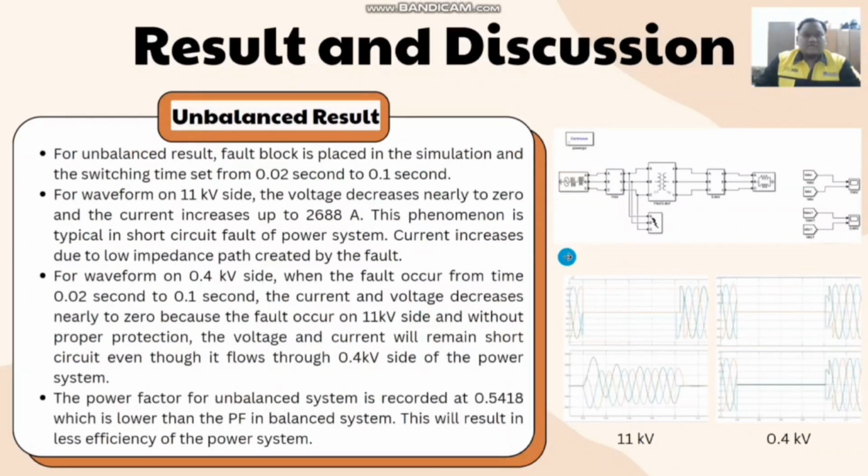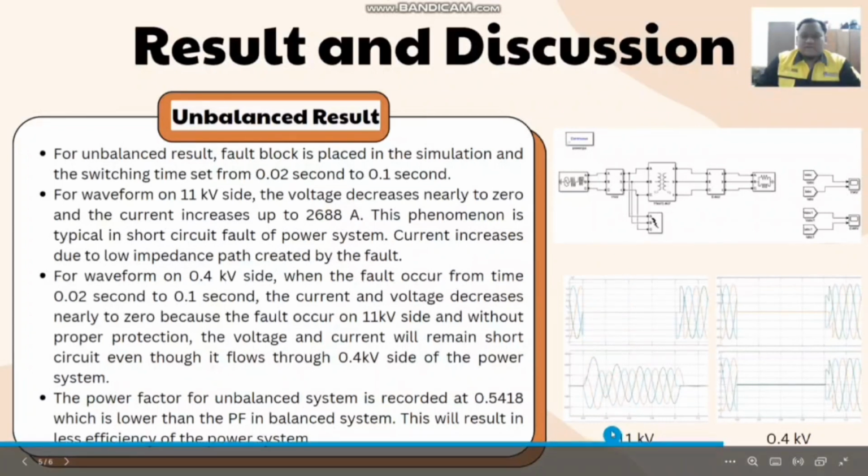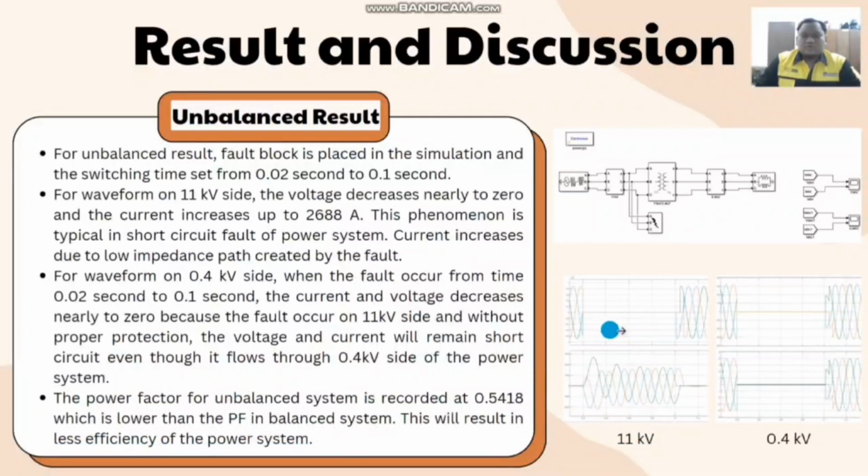Next, we move to the unbalanced result. For the unbalanced result, a fault block is placed in the simulation. This is the fault block, and the switching time of the fault block is set from 0.02 second to 0.1 second. And we can see for the 11 kilovolt side waveform, on the time 0.02 to 0.1 second,